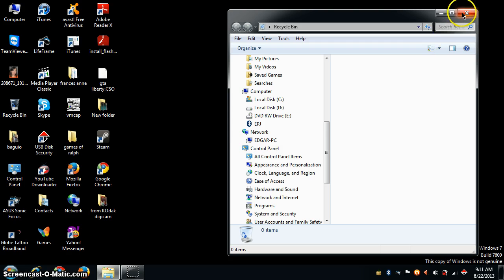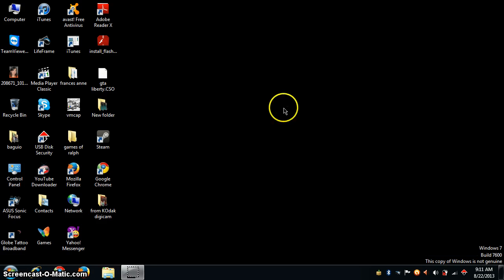And if you want to restore it, because maybe you just accidentally deleted it from the recycle bin, you can restore it. Right click the item you want to